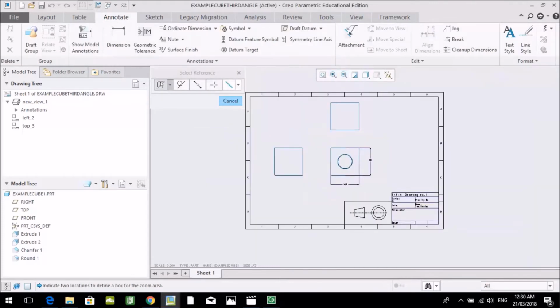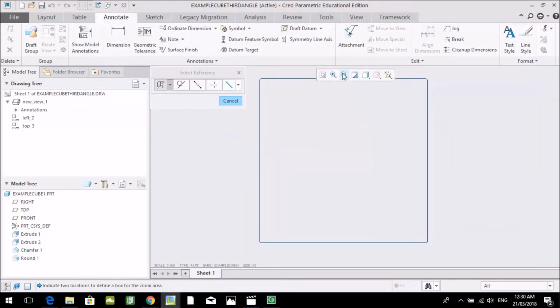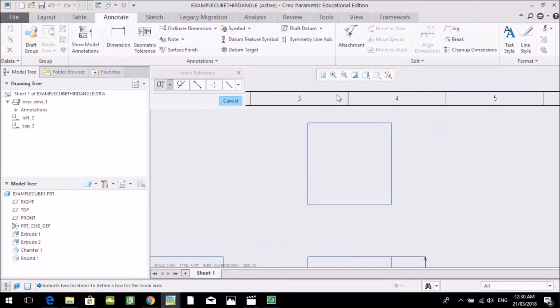So say we want to next highlight a dimension at the top, which in this case is unnecessary because it's obvious that it's a cube, but we'll do that because we can, then